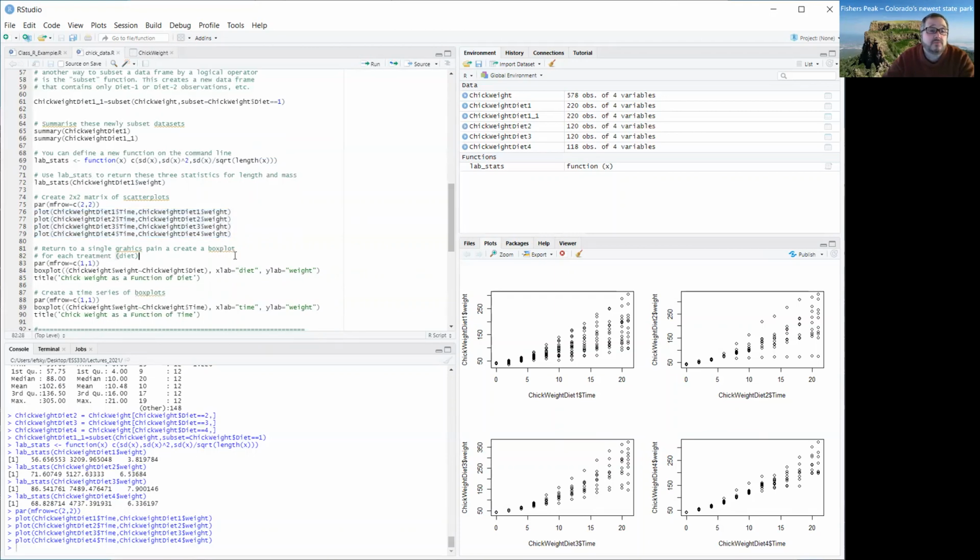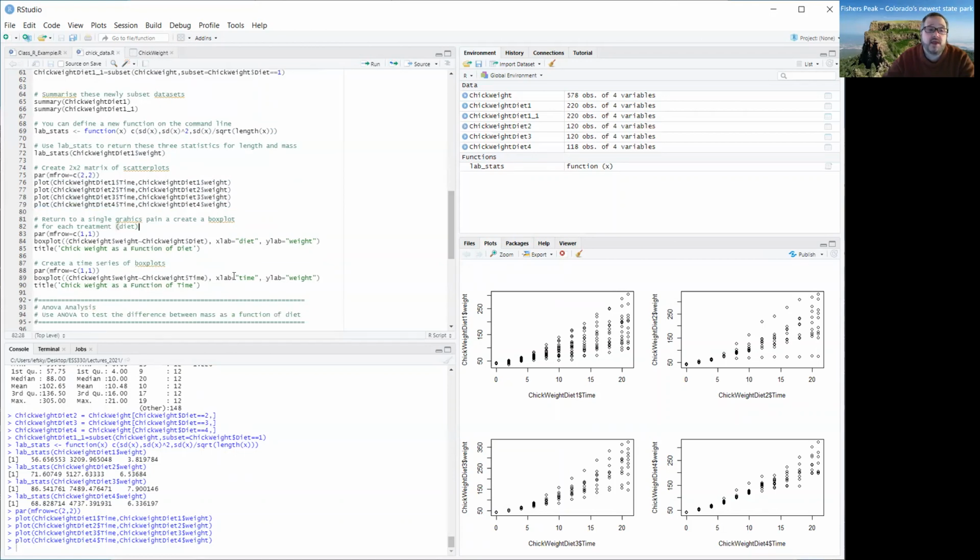So now we can create a box plot for each treatment. Now, we could put in a box plot for each one of chicken weight diet 1, chicken weight diet 2, chicken weight diet 3, but instead, we're going to use another incredibly powerful feature of R, which is we're going